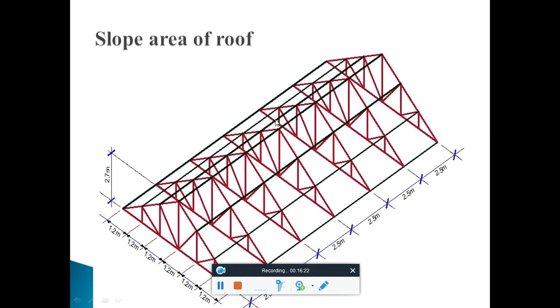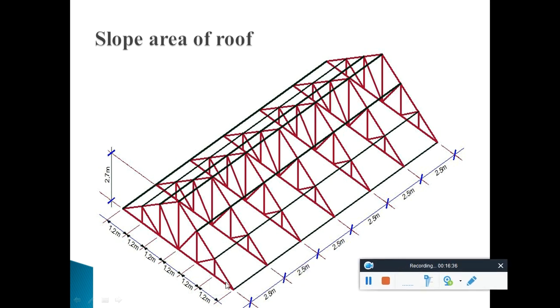You can get it clearer in this picture. Here there is no sheet. Suppose you take this particular area, or this particular area, you will understand that when wind is acting here, you need this sloping area. For that you need this inclined length and this distance. This distance means the distance between the trusses, and this is the inclined area.